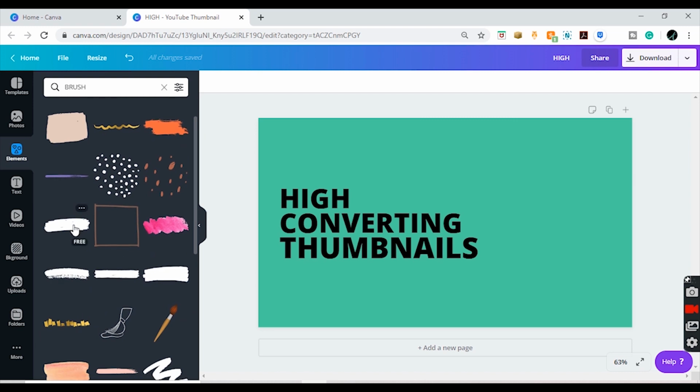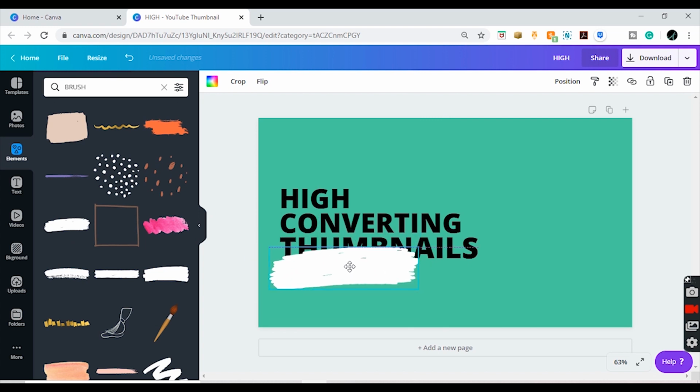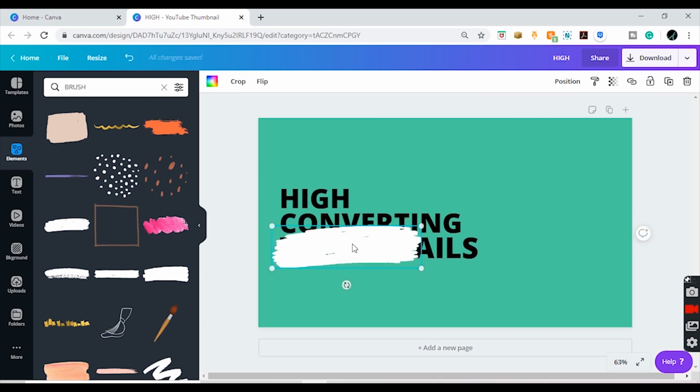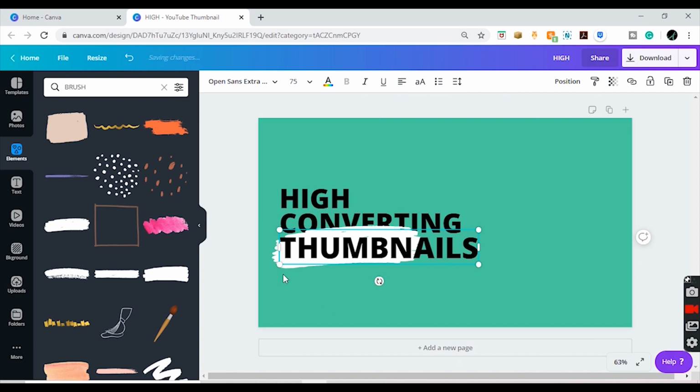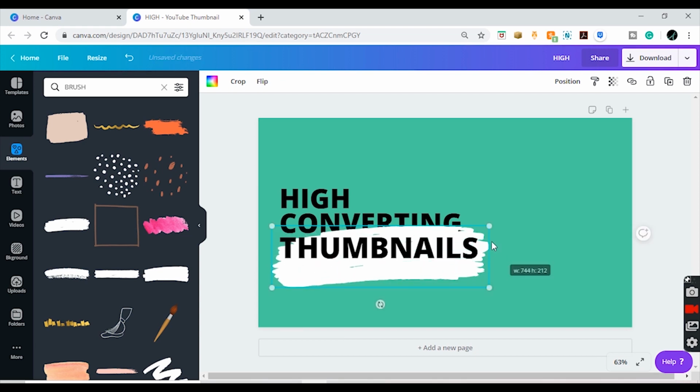I will be using this, and I'll place it behind the text. So what I need to do is place the brush element on top of the text. I want it to be behind. Click on the text, right click and say bring to the front. That's all you need. And I'll just try to click on the brush element behind and